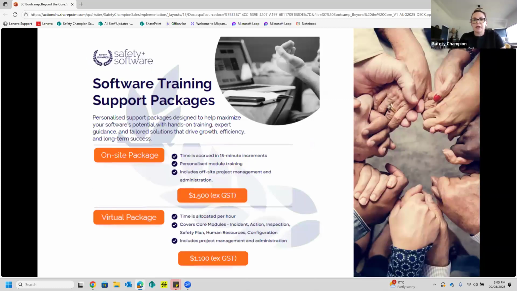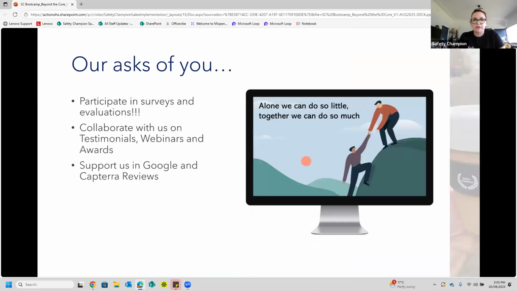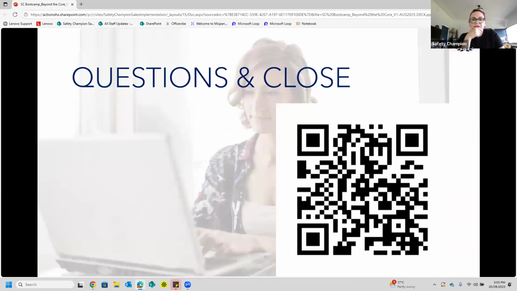And support and training packages. It's really great to be able to book time with someone and work with someone exclusively. So reach out. Those blocks can be provided to you, mostly virtually, and we can help you with anything that you need within your organization. And I guess the last thing I'd love for you to do is scan this QR code,